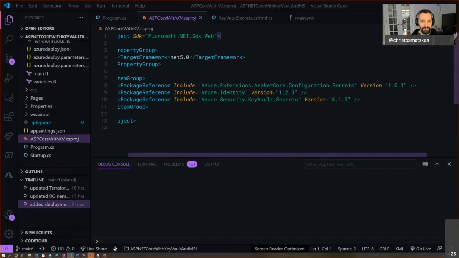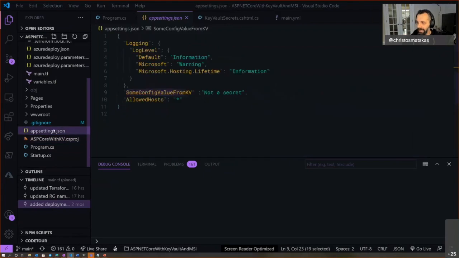So when my .NET Core application is starting up, if I have some config value from Key Vault in my secrets, it's actually not a secret. It is a secret, but we don't want to populate this here. It could be left blank. At runtime, at startup, at bootstrap, it will replace whatever values here with what it finds in Key Vault.